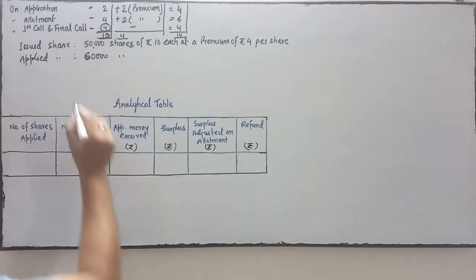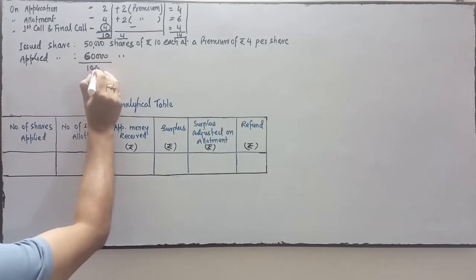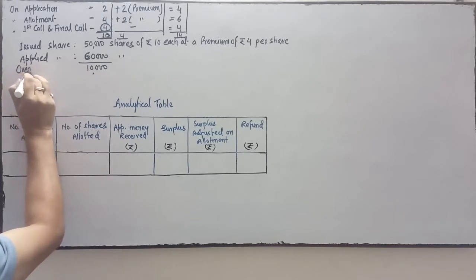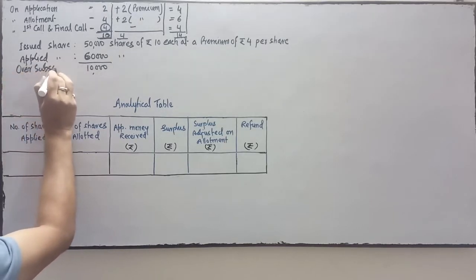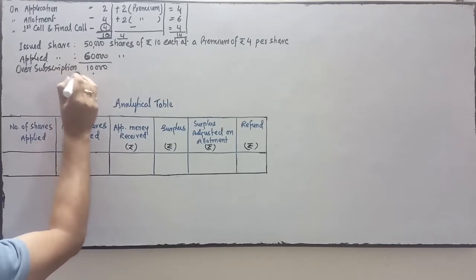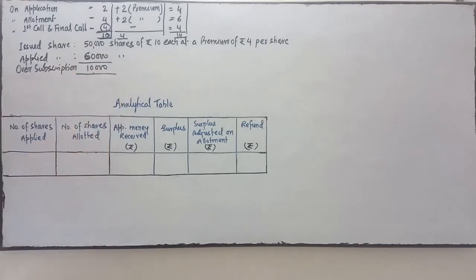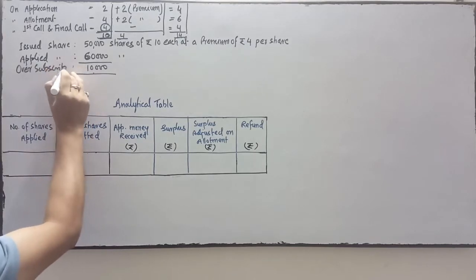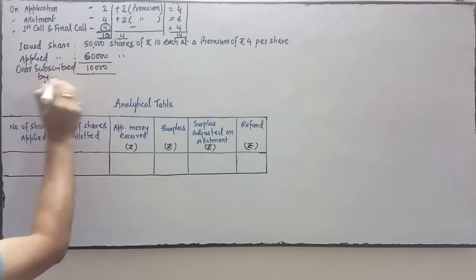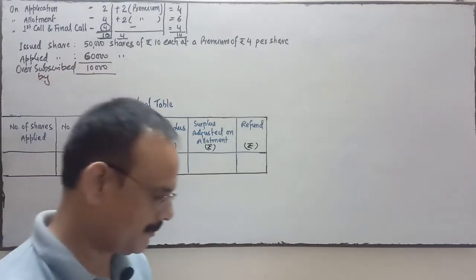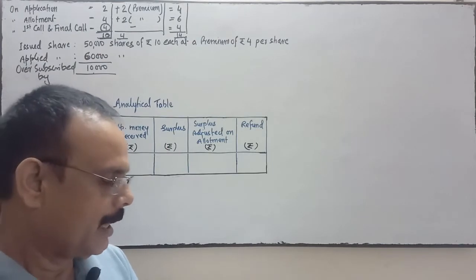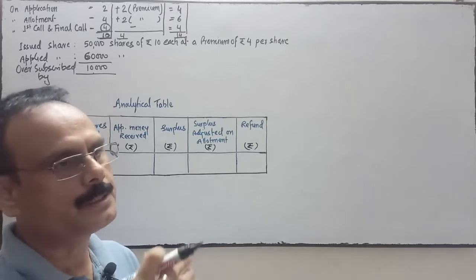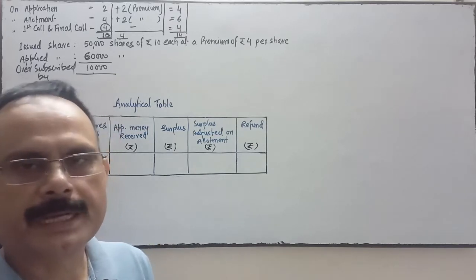So it's a case of oversubscription, oversubscribed by 10,000 shares. Now allotment was made to all applicants on pro rata basis, meaning nobody's application is rejected completely